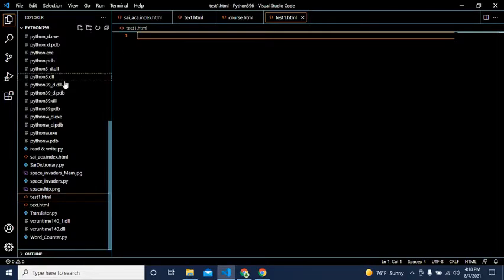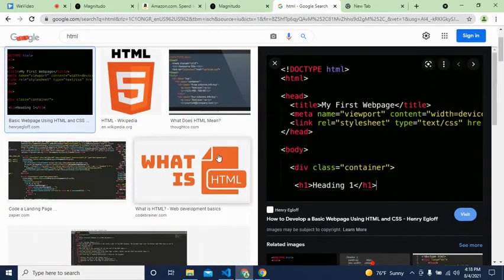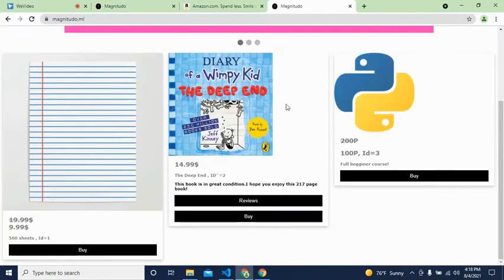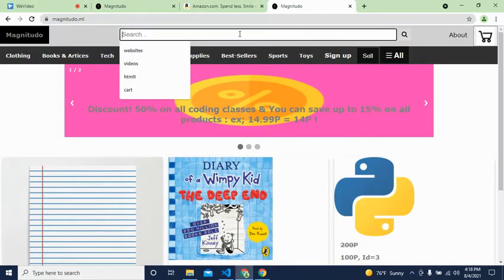Anyways, on a Visual Studio Code document, we can start writing our code. Though many of you probably don't have Visual Studio Code, even though it is free to install, I'm not going to show you how to do that because you do not need to. I've already coded my own HTML editor using HTML, which allows people to write HTML. So how you do that is you go into Magnitudo and you can type htmlt.html